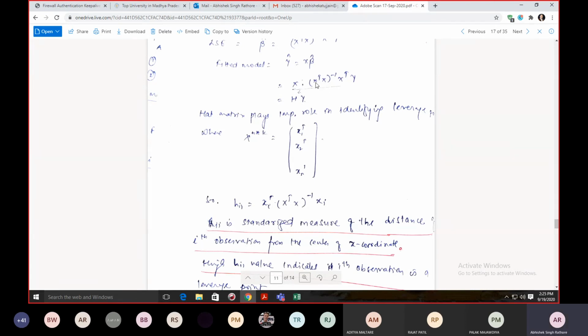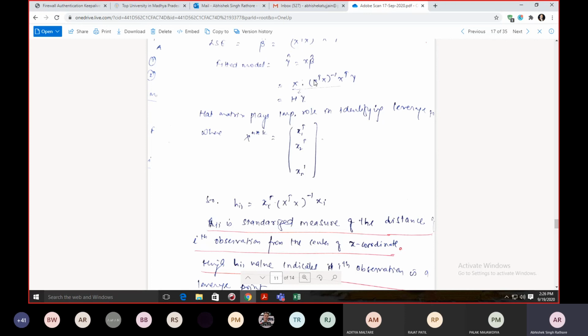Let's say this is your matrix. This is your n cross k matrix, and this is again a k cross n matrix. So what will be its dimensions? Again, what will be the dimensions of x transpose x? n cross n, or k cross k? Check again. This is n cross k into k cross n, this is k cross n, this is again the inverse. So the inverse is again a square matrix.